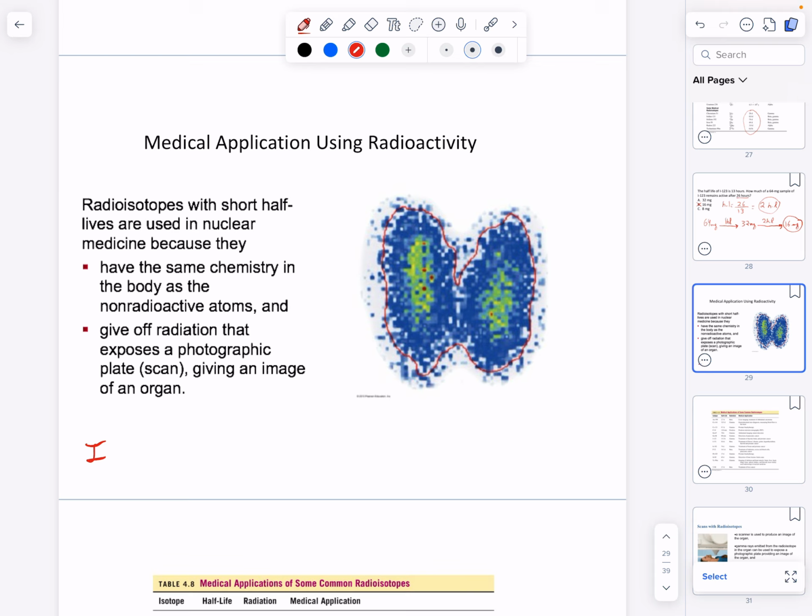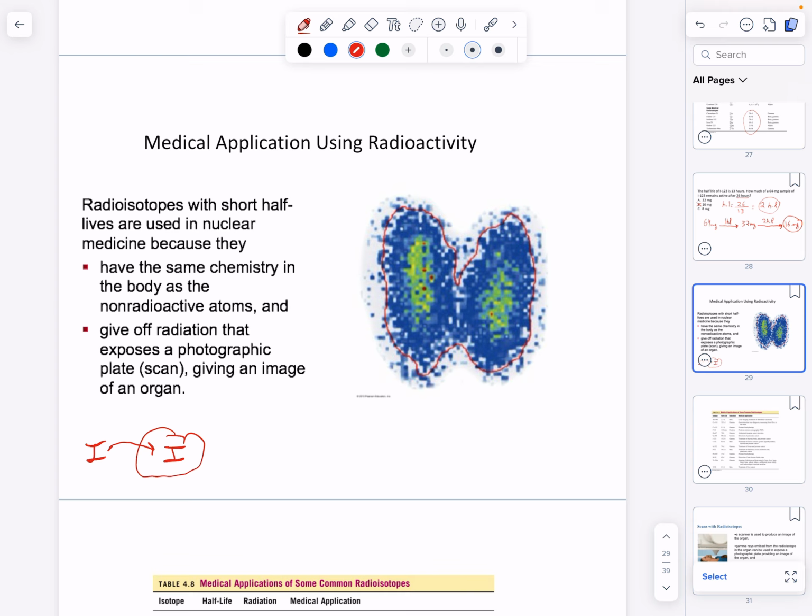Let's imagine this is your thyroid. The iodide that you eat enters into the organ and stays there. While that iodine is there, your organ is working fine. What